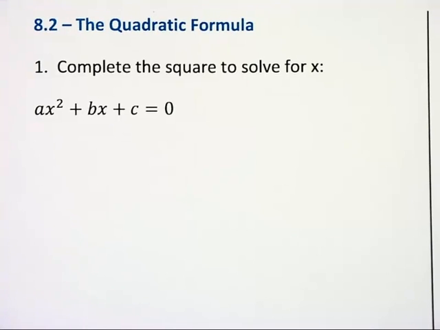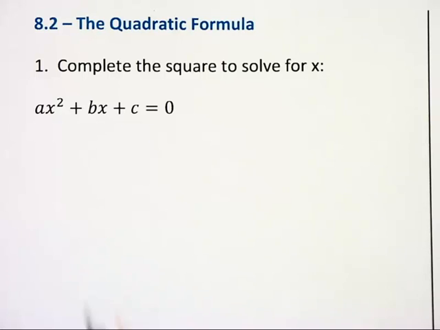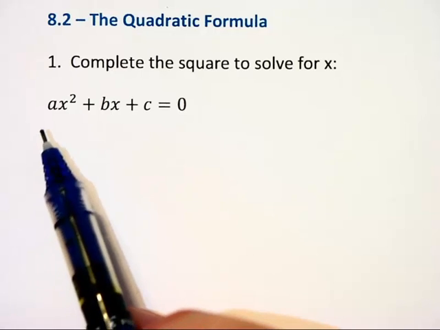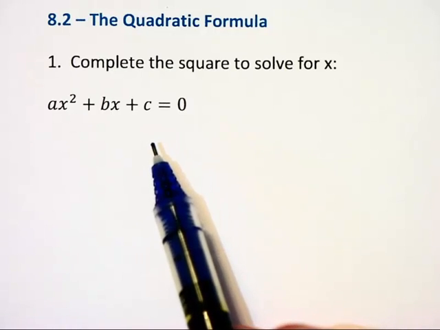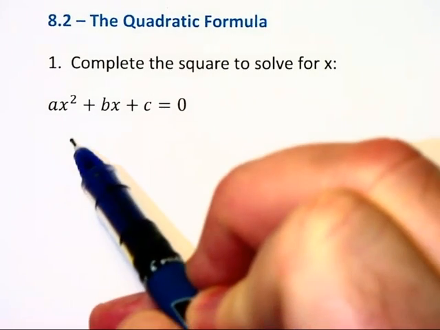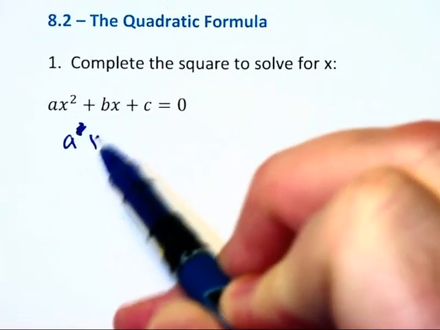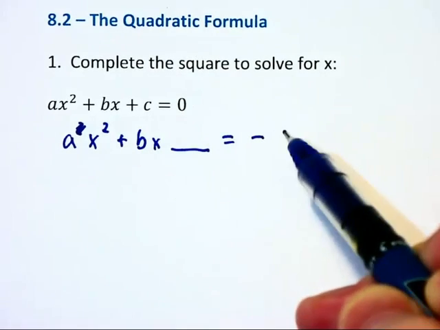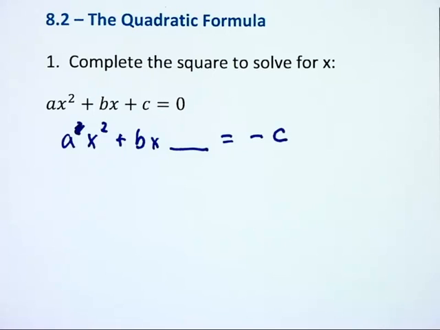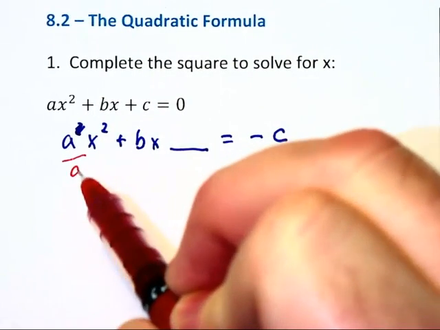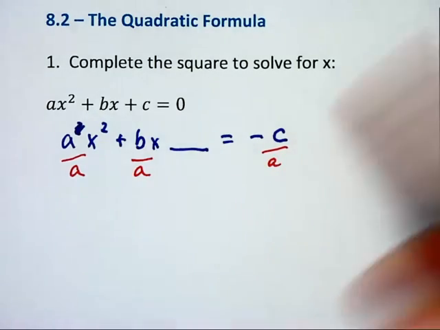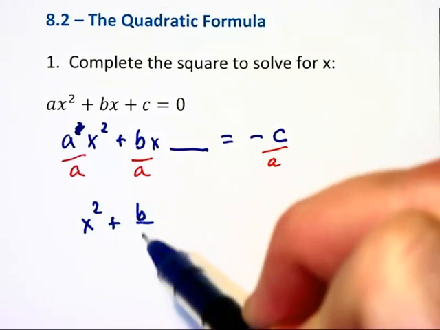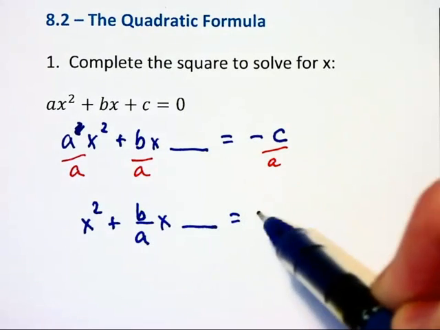Even though this video is about the quadratic formula, I'd like to begin it by doing a complete the square problem. And we're going to complete the square using this literal equation, ax squared plus bx plus c equals 0. We begin by subtracting the constant term to the other side of the equation, as we normally do when we complete the square. And since there's a leading coefficient of a, we're going to divide through by a at the very beginning. This is going to give us x squared plus b over a x blank is equal to negative c